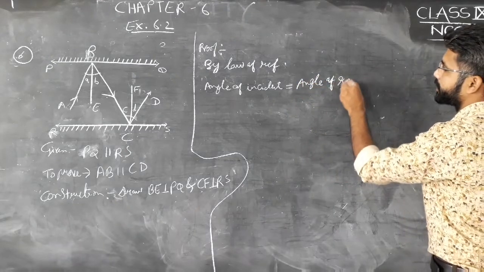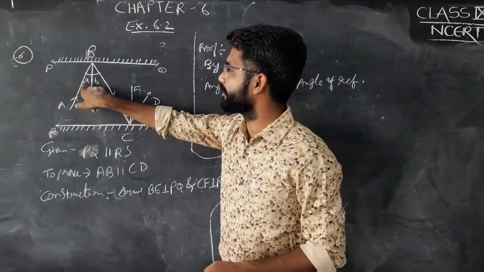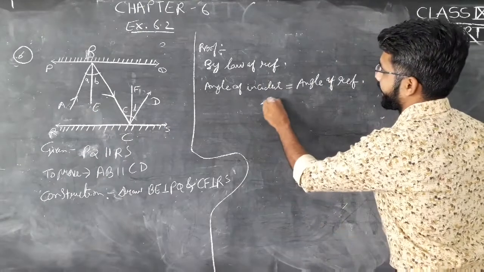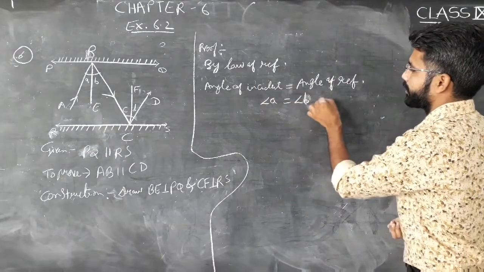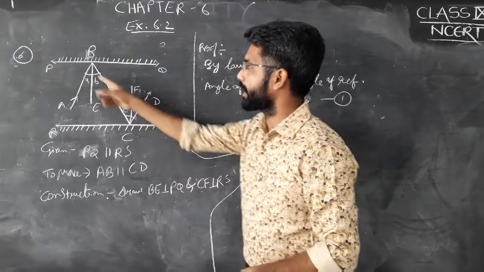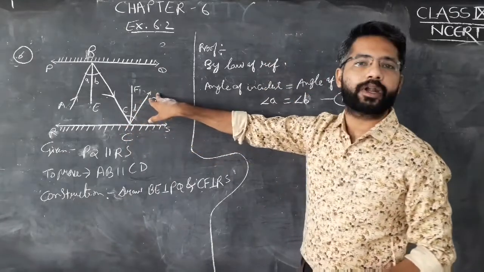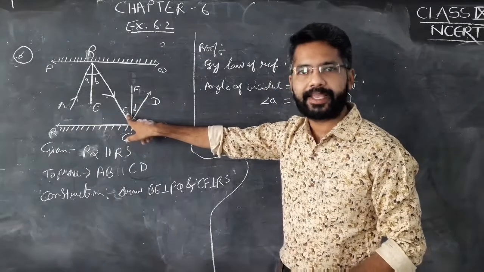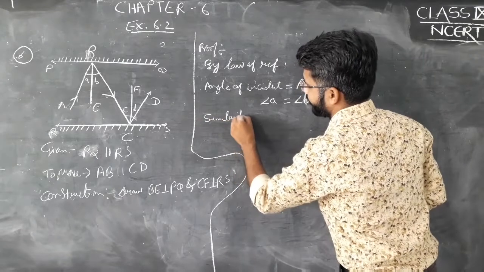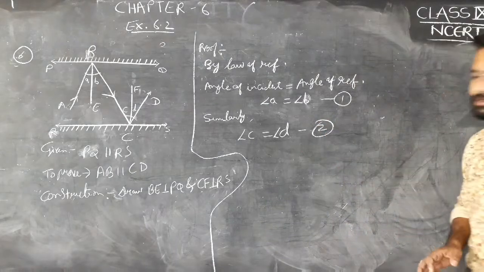angle of reflection। ओके, law of reflection से क्या होता है, angle of incident equal to angle of reflection। तो here we have angle of incident at point B, angle A, and angle of reflection we have angle B। तो angle A will be equal to angle B। This would be first equation। Okay, now from point B, ray BC would be the incident ray, and from point C, CD would be the reflected ray। So angle C would be the incident angle, and angle D would be the reflected angle। Again, similarly we can write angle C equals angle D, equation number second। Is it clear?